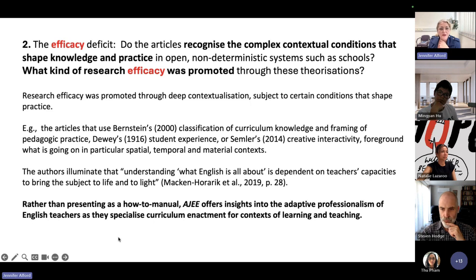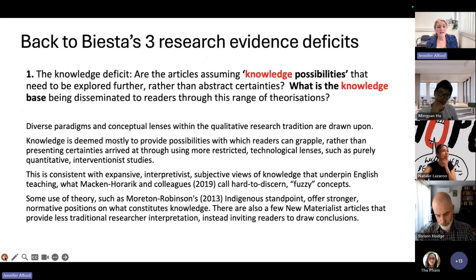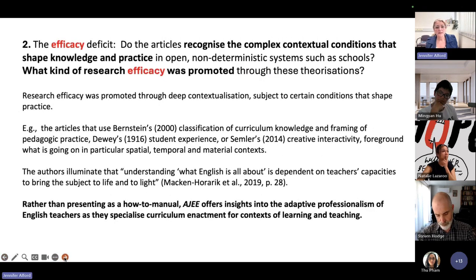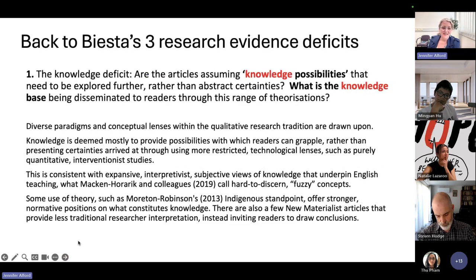The articles that use Bernstein's classification of curriculum knowledge and framing of pedagogic practice, for example, or Dewey's student experience or Semler's creative interactivity, foregrounded what was going on in particular spatial, temporal and material contexts. And the authors illuminate that understanding what English is all about is dependent on teachers' capacities to bring the subject to light or to life. So rather than presenting teaching as a how-to manual or what works manual, it offers insights into the adaptive professionalism of English teachers as they specialise